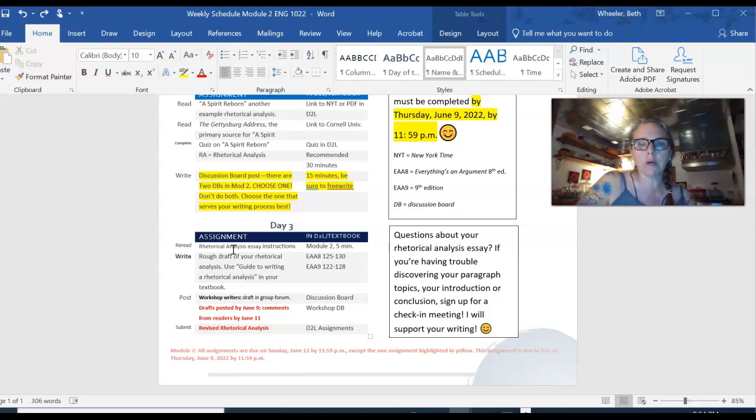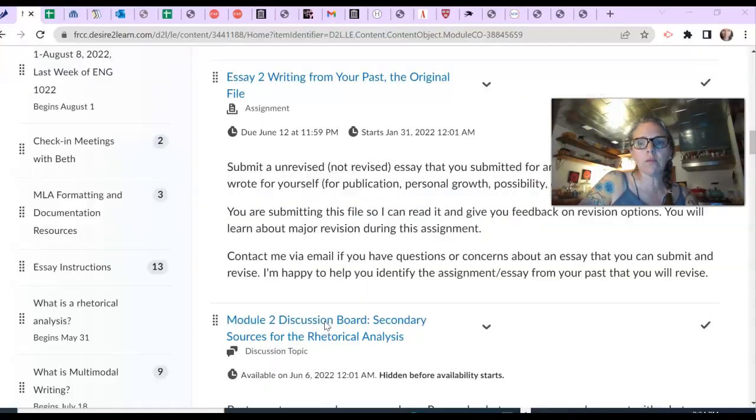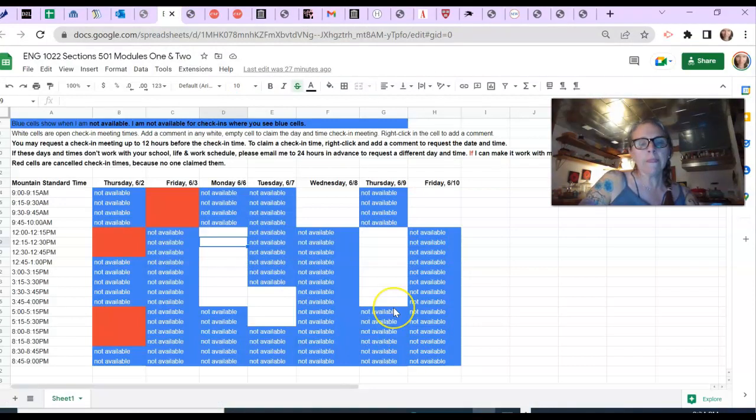is make sure, if you want to have a check-in meeting with me this week, let me go over to the check-in schedule. Yes. Schedule it early in the week. You see I have lots of availability on Monday. There's a 12-hour thing going on here, but I'll be kind of flexible tomorrow if you want to meet tomorrow. Otherwise, sign up for meeting with me by Friday of this week